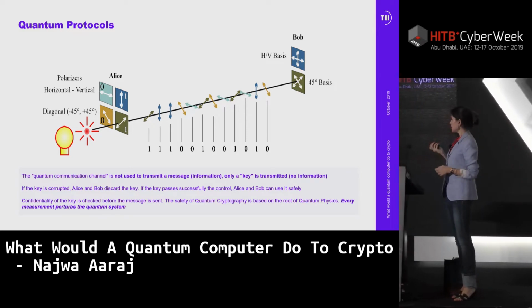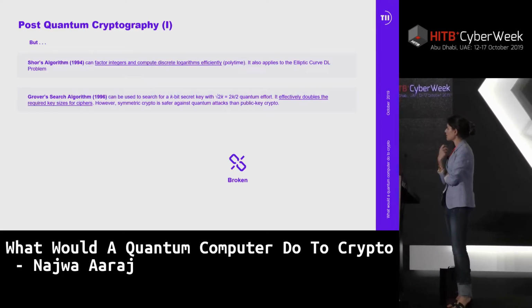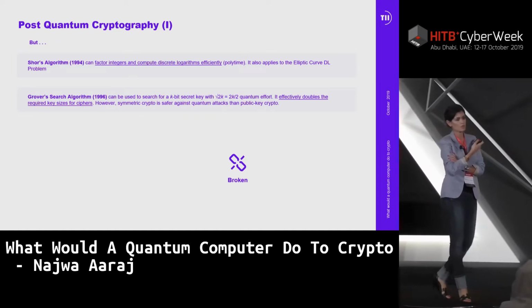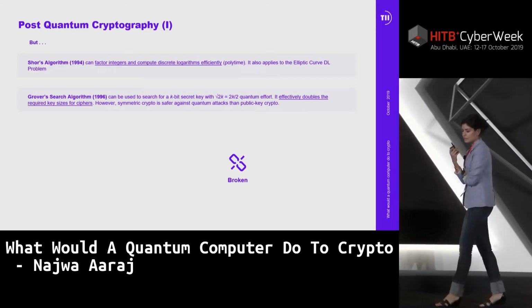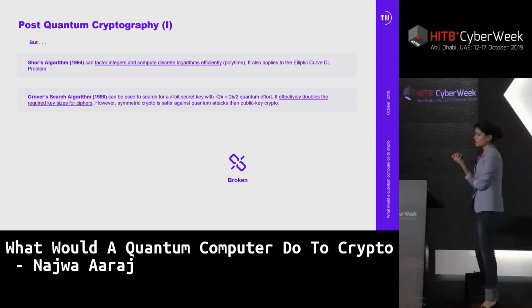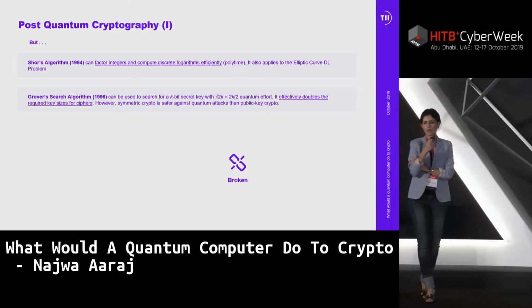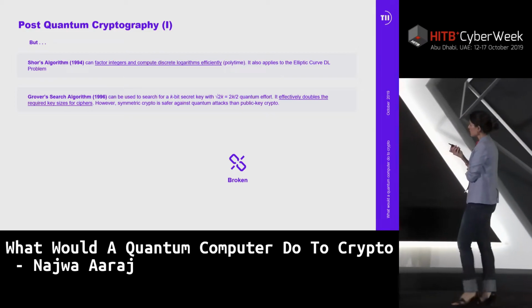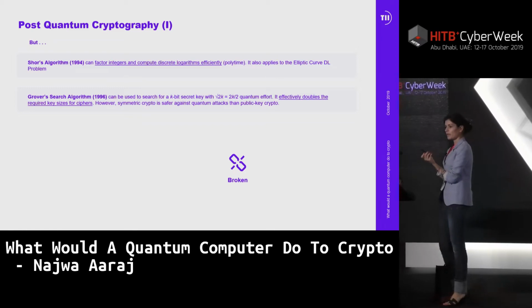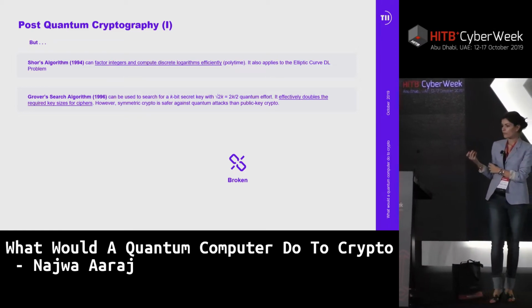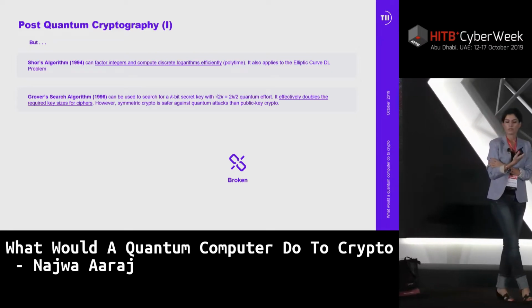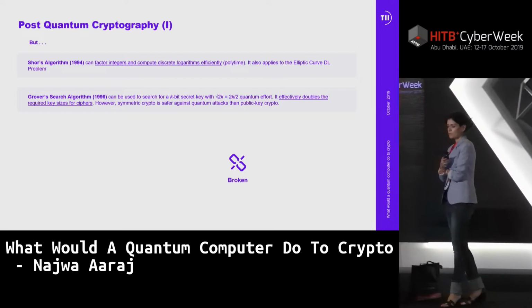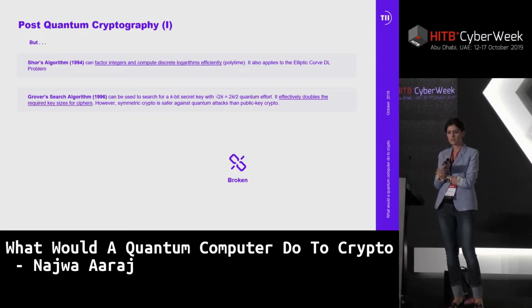But the main problem that cryptographers are looking at today comes from two quantum algorithms, and mainly the first one, which is Shor's algorithm, which states that integer factorization and discrete logarithm move from a quasi-NP-complete problem in the context of classical computers to a problem that can be solved in polynomial time with the advent of quantum computers. So what this means is that all of the algorithms that we use today in order to exchange keys, in order to generate digital signatures,